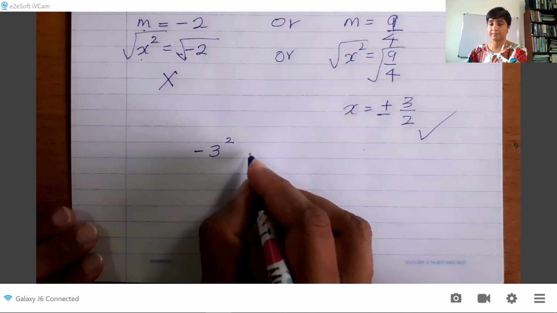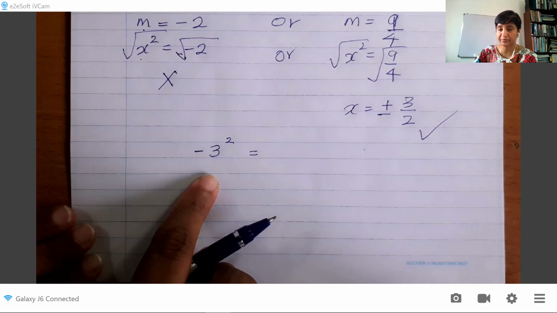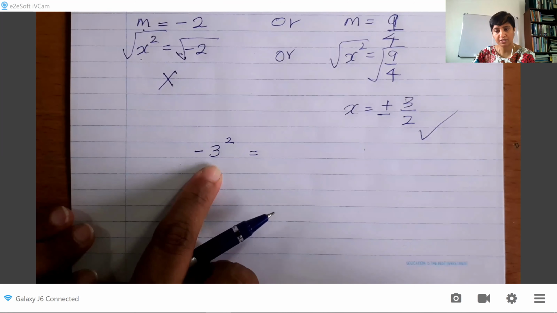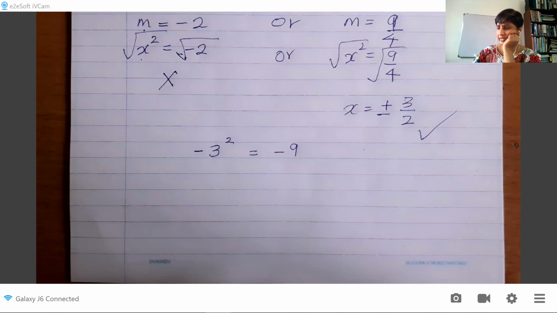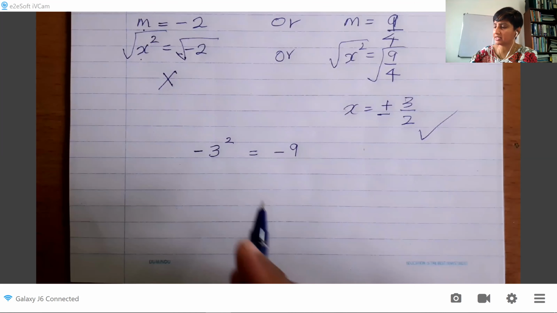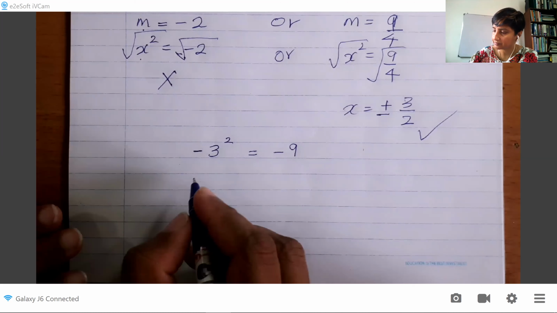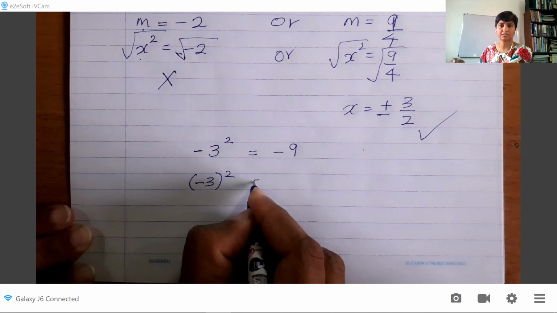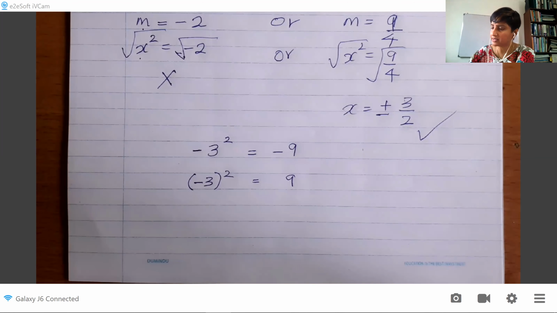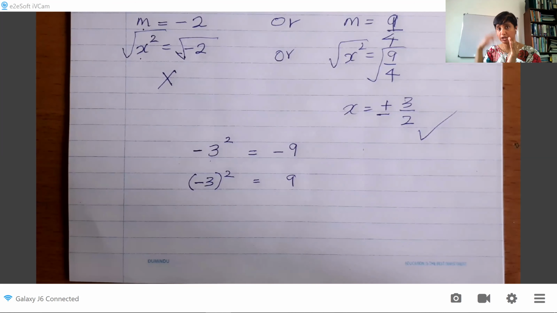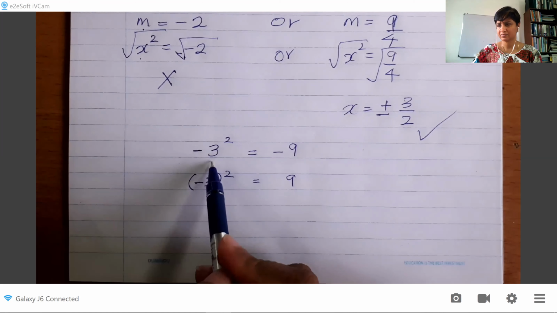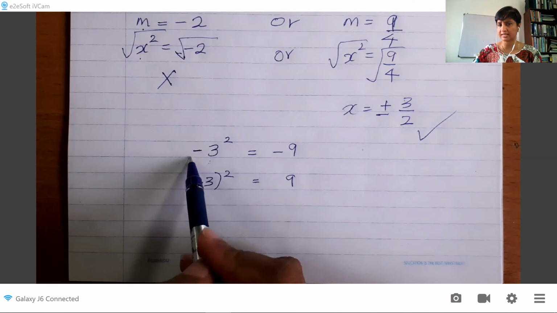If you ask me to simplify this, if you write just minus 3 squared, the answer is minus 9. Why? Because you didn't tell me otherwise. If you tell me this, that is 9, of course. What this means is, you didn't use a bracket to tell me to include the minus in the squaring. Without the bracket, everybody would understand this square belongs to only the 3. So that is 9, and then the minus would stay outside as it is. So it's minus